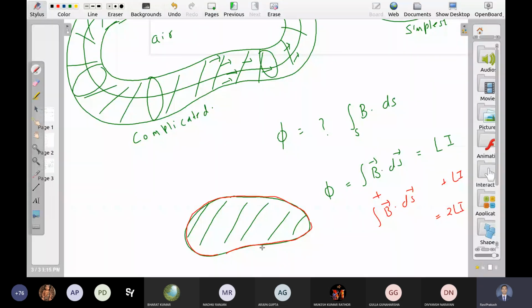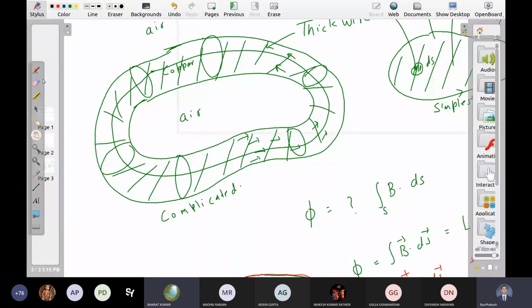We can do the same thing here. But sir, the area is changing there. Right. So we can take this thick wire as consisting of many small wires. One wire is this, then the second wire is this. They are making complete loops. We will deal with the area change also. Don't worry about it. So this is one very thin wire.